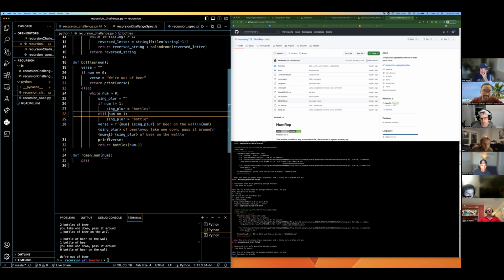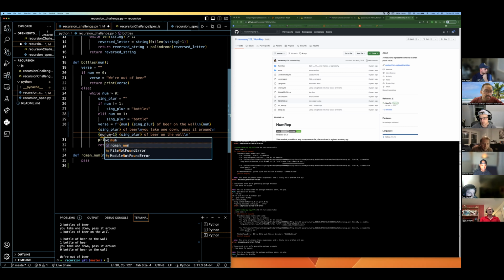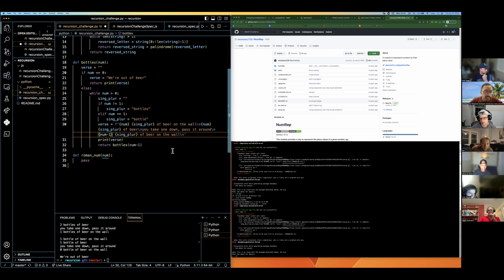I don't know. Could you do, I think, num equals num - 1? No, you don't want to do the same name for two different variables, for singular bottles and singular bottle. Right, depending on the condition, depending on what the value of num is. I mean, I could be wrong, but I think when you're declaring a variable,